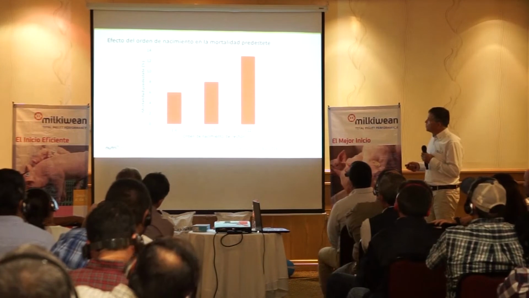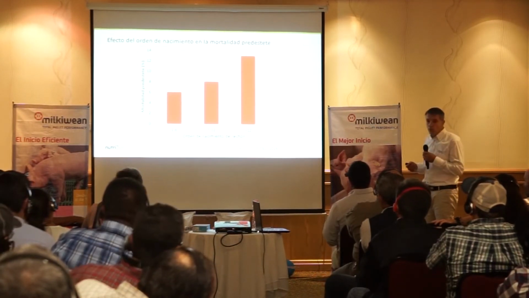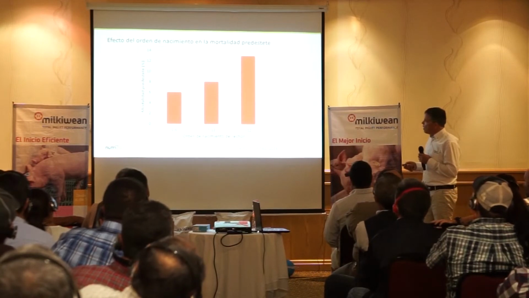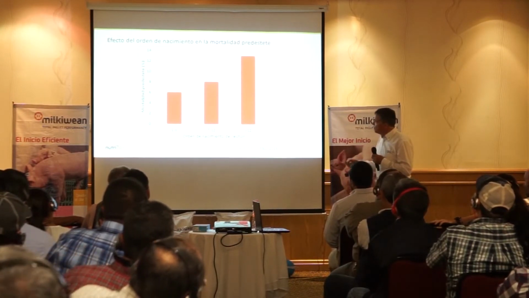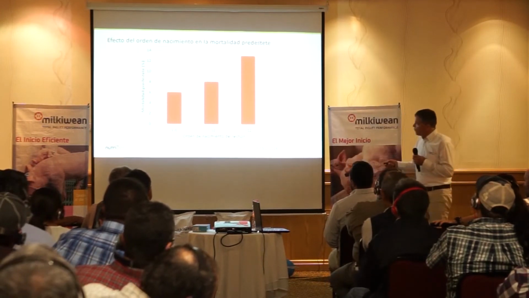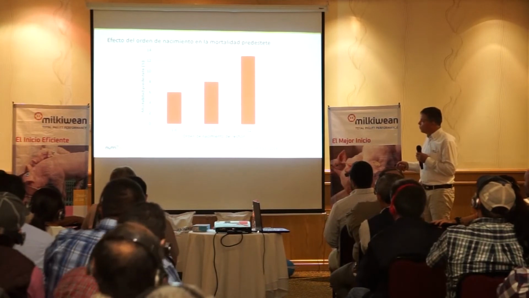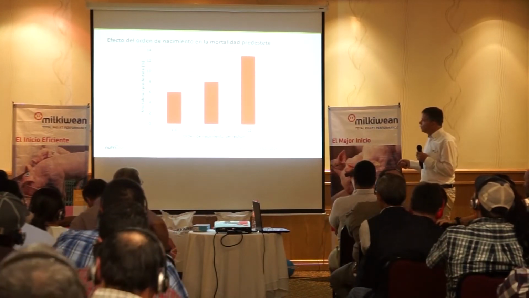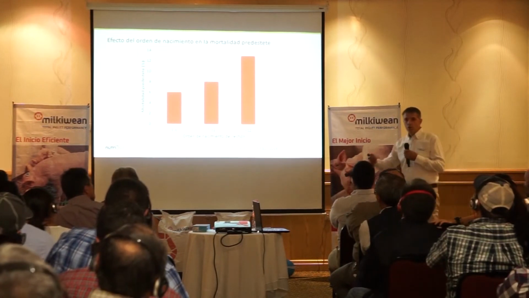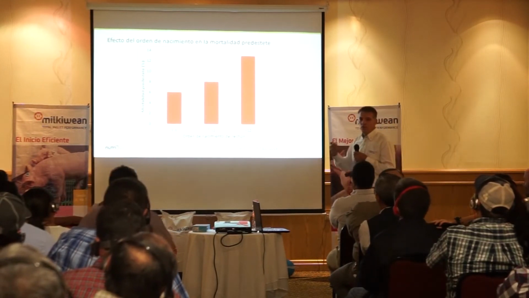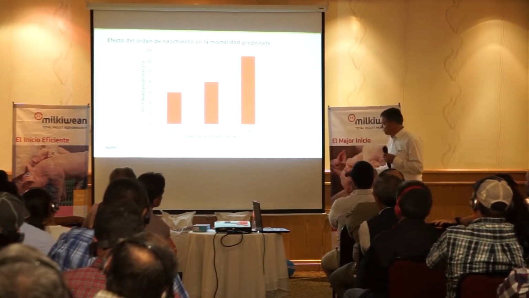And we see that in this picture. Here we have the piglets that were born alive, and here we have the mortality period, and again we have the birth order here. So the piglets that were born first and the piglets that were born later. And again you see that the piglets that were born at the end of the farrowing process are at the highest risk of mortality.